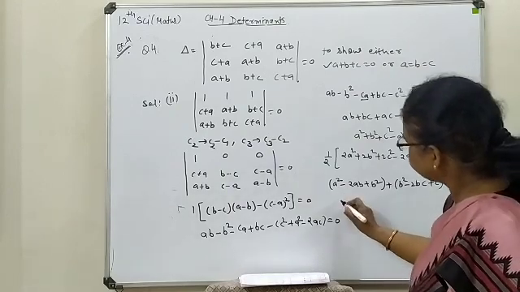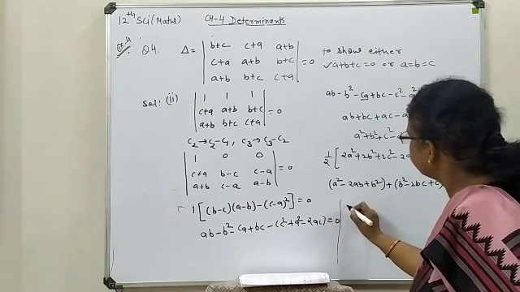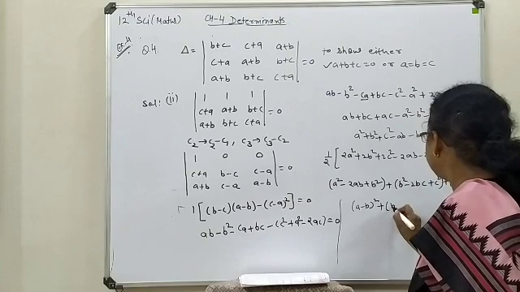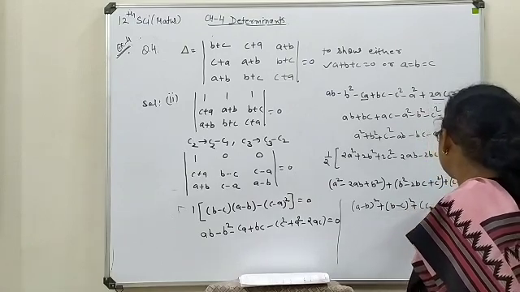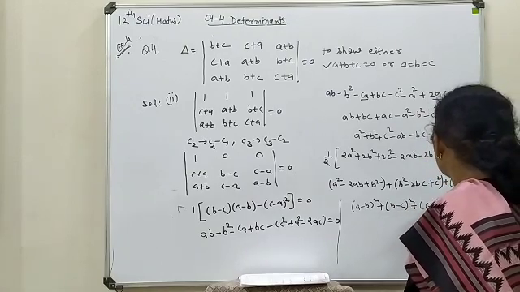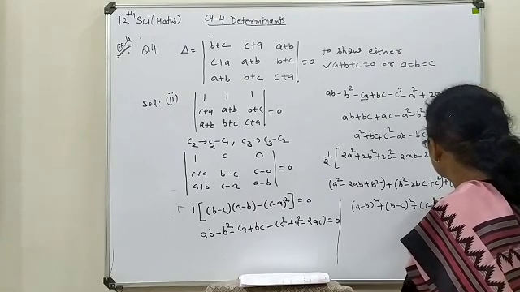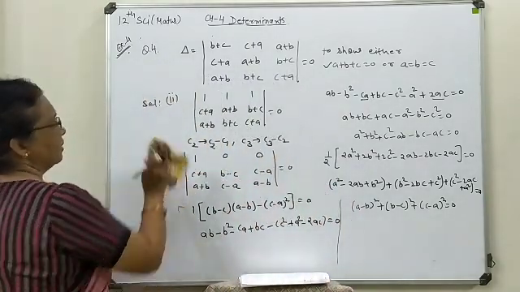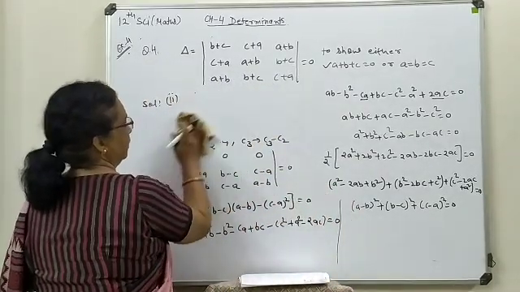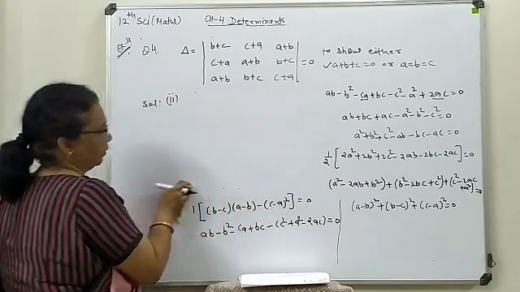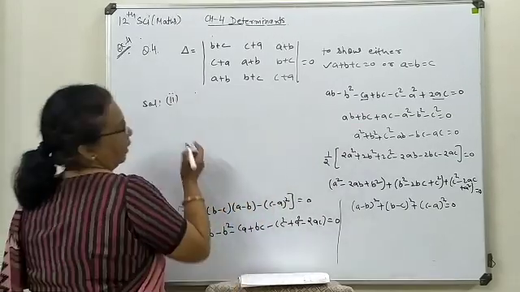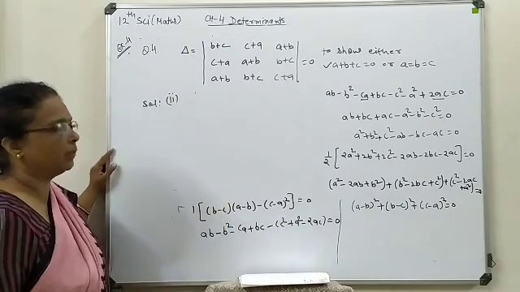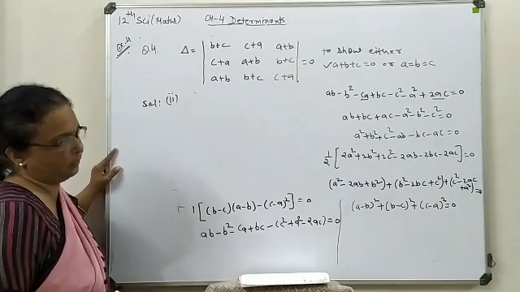Here you can see clearly this is a whole square of A minus B, this is B minus C, and this is C minus A. Now this expression we have produced. Try to study what we have and what we can conclude. Here 3 terms are written in square form and the sum of the square terms is coming as 0.